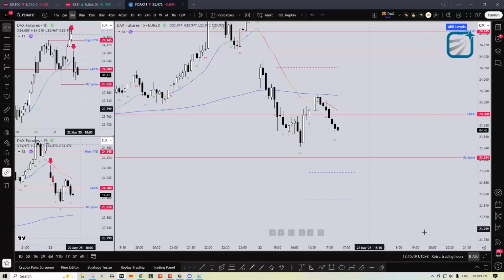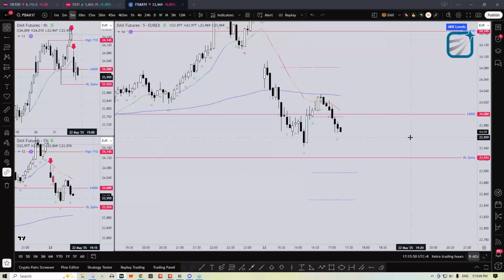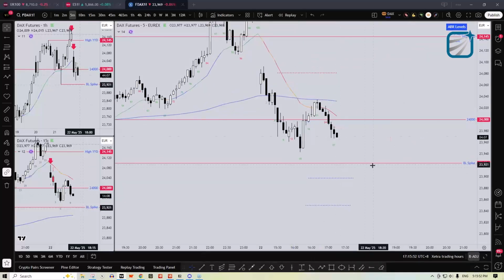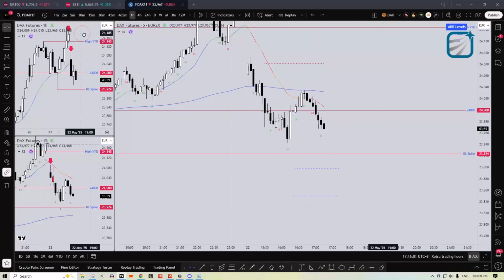As soon as I start putting targets 100 points away, I become like Mr. Invincible. And I don't follow my trade management rules, so I try to balance that for myself. Yeah, you start drawing all these targets here, and then you wonder, oh, okay, why didn't I get out after the 4th or 5th bull bar? What part of the 4 or 5 bull bars was not bullish, you know what I mean? So I can't change that bias, but I can just focus on the nearest target. It's a bit embarrassing, but